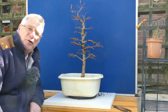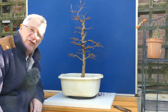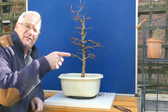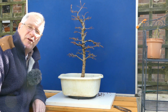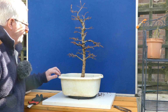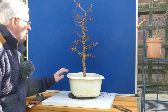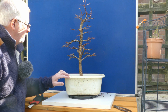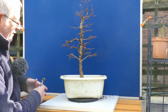So this larch, you will have seen me do a wire and a savage first styling on last year, and the video's going to be there somewhere, or there, don't know. But I think we need to go and have a look and see what's going on with this, don't you? It's fully budded up, as you saw from the footage earlier, and I'm ready to make some decisions with this. The first one I can see straight away, even before I take it out. If you have a look here,